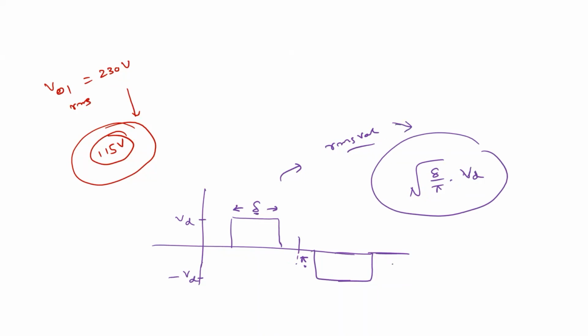Again, by decomposing that one, we can extract its fundamental value. So this is basically how we'll control the output voltage, by reducing the width of the pulse. By reducing the width of the pulse, we can control the output voltage. This is known as single pulse width modulation. We'll discuss more on this in the later classes.